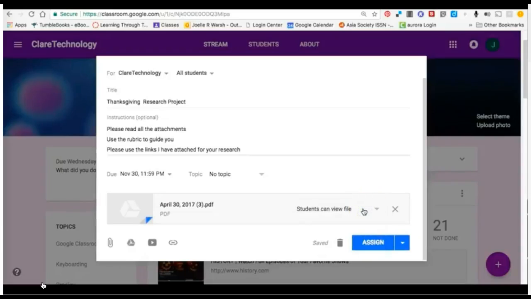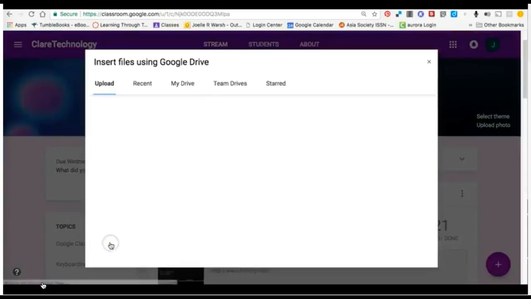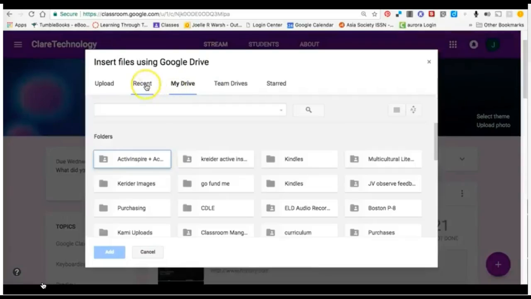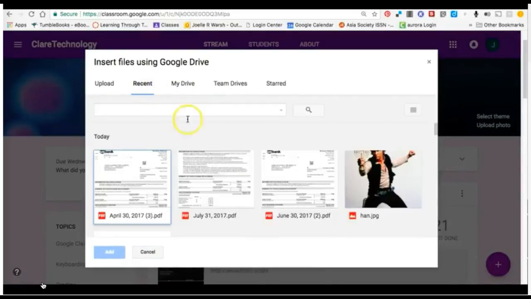Students can view the file if you just want it to be a document that they can just see. For example, your basic instructions and guidelines, and you don't want them to edit it. If you had a document that you wanted all the students to be able to have and fill out, like for example,